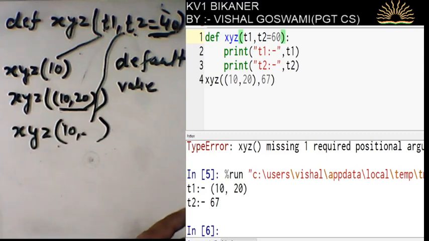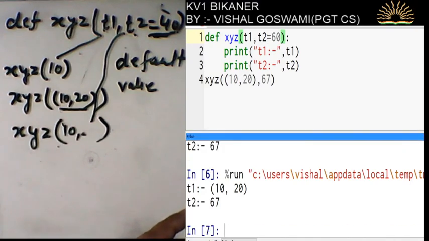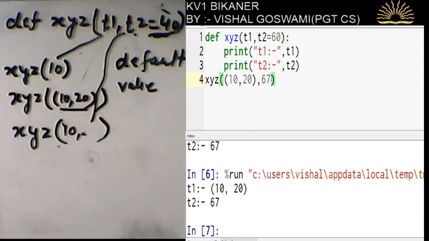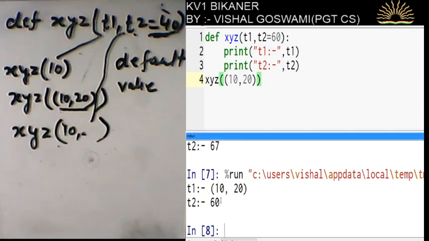So t1 is 10, 20, a tuple, and this 60 value is the default value and it is not used. If I do not provide this value, then it will take 60. Now a second value is not provided by the user, so this time it will take 60.